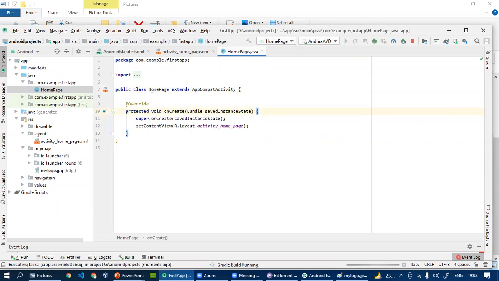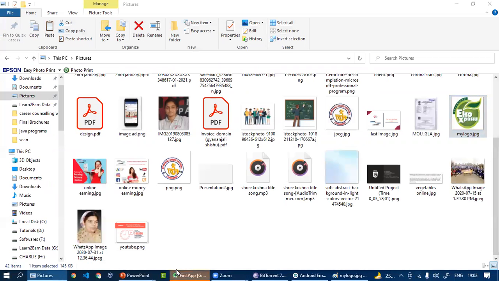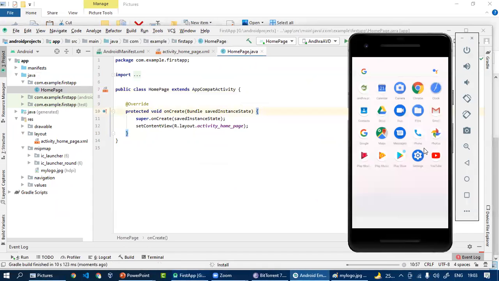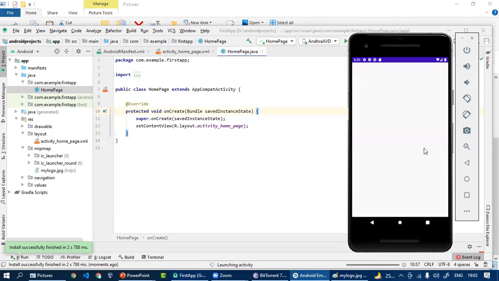But when we run the home page... Okay, why are we getting the button at the top? Because we have not fixed the constraint of this button.